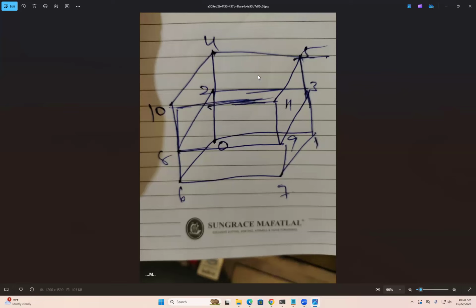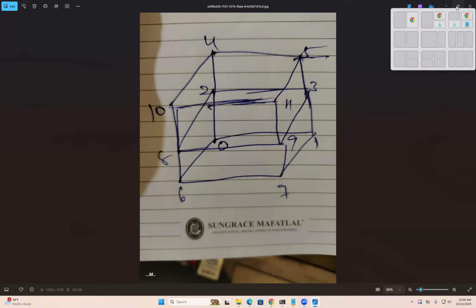That will be like a fixed wall type. Our inlets will be 0, 2, 8, 6 and 2, 4, 10, 8. These are the inlets, and 1, 3, 9, 7 and 3, 5, 11, 9 are the outlets. So with reference to this one,